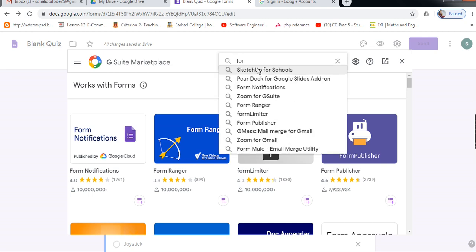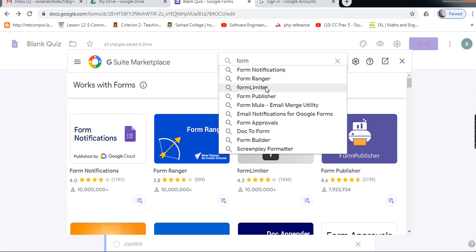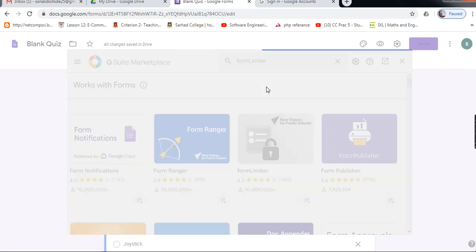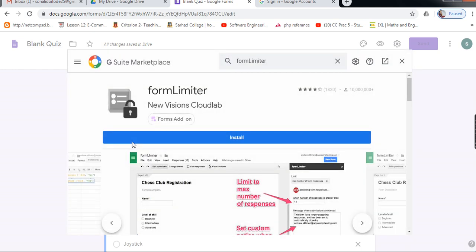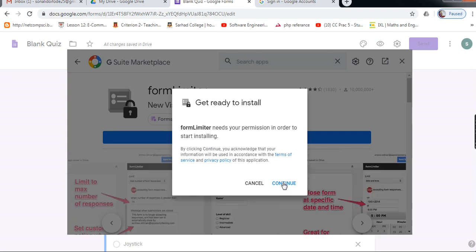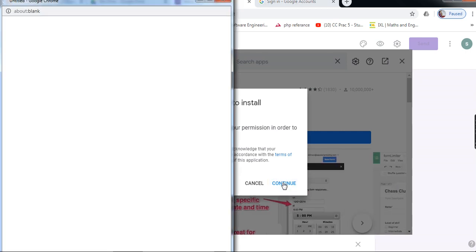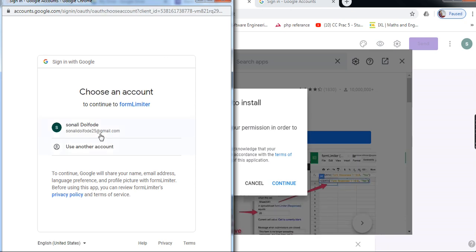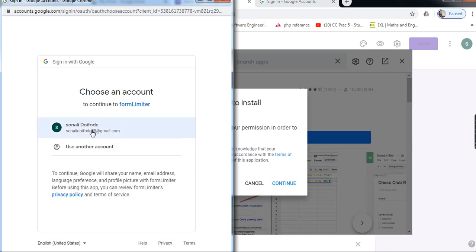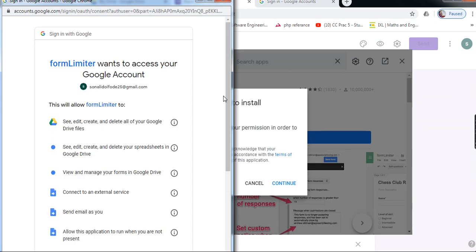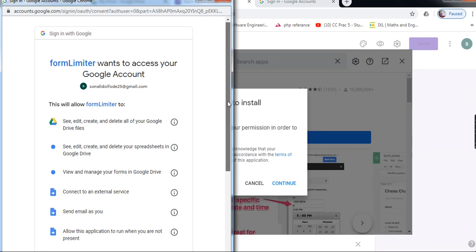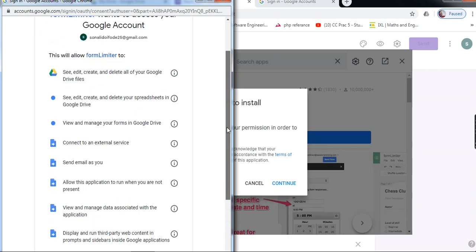Form limiter is here. Install this form limiter in your computer first. Click on install. Click on continue. It will ask you to log in with your account. Log in to your account and read the questions also.